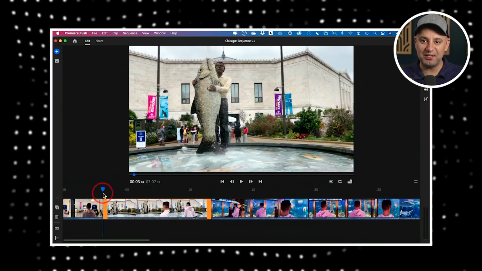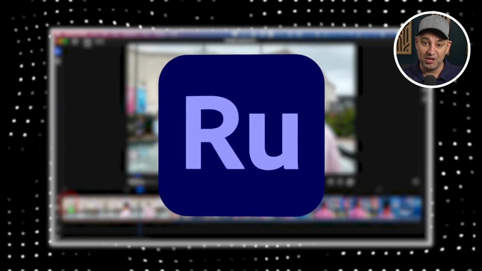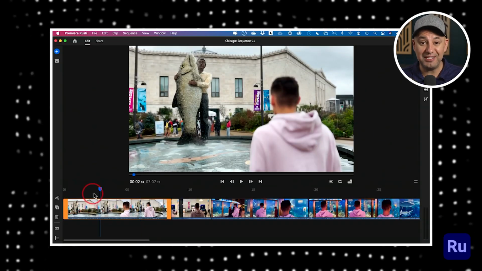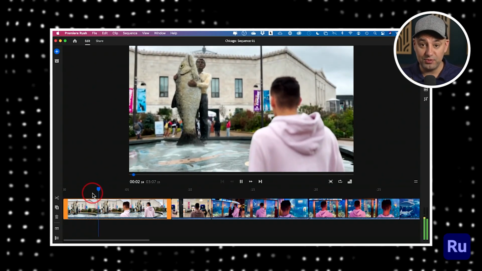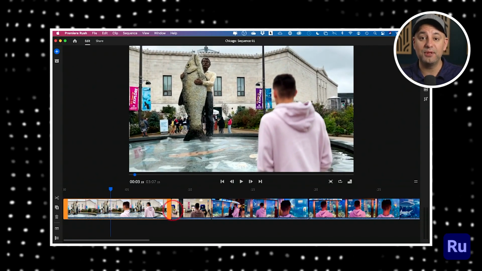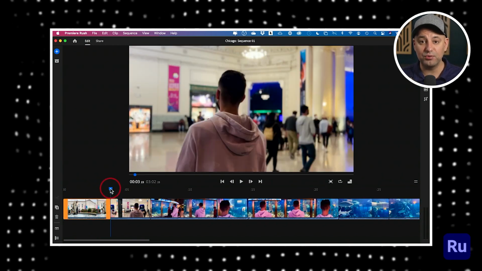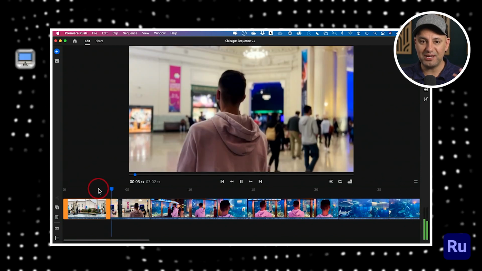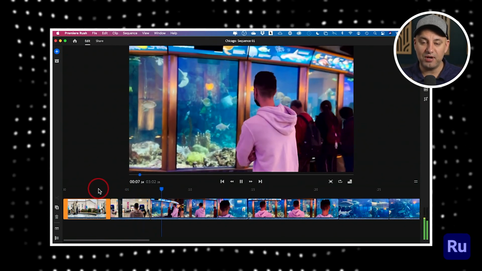Next one on the list is a lower version of Adobe Premiere Pro called Adobe Premiere Rush. Now, this is a really great beginner-friendly app. If you used Premiere Pro or DaVinci Resolve and you felt like they're a little bit too advanced, Premiere Rush is a great starting point. And the cool thing about it is it's designed for desktop and mobile devices too, so you could go back and forth. So if you're trying to take your editing on the go,